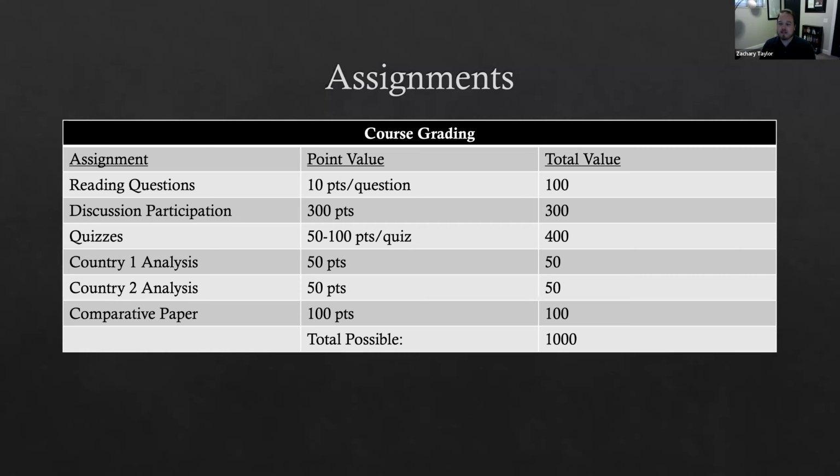So looking through each of these specifically, there will be 10 weeks where you will submit a reading question. As is specified in the syllabus and in the assignment page, this is any kind of question that you have out of the reading, something where the book didn't get specific enough, that you had further questions on how something works. If you had a question on if something is still the way it is, or if there are changes in a country's politics that may affect something that you're seeing.